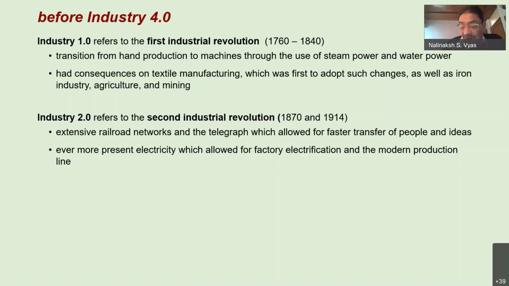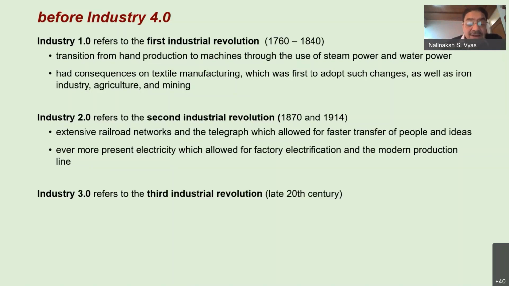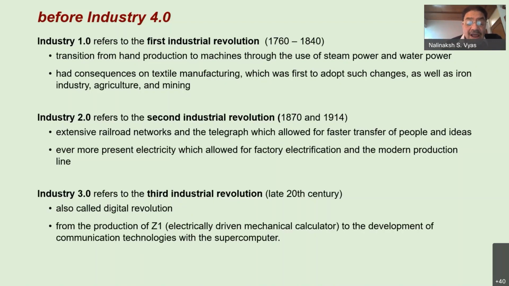Production lines did exist for handicrafts and for agricultural produce in India as well as in other countries, but their electrification started taking place during this period. This is referred to as Industry 2.0. Industry 3.0 is the late 20th century, which is also called the digital revolution. This is marked by the advent of the digital computer, different types of digital computers, different capacities of digital computers,